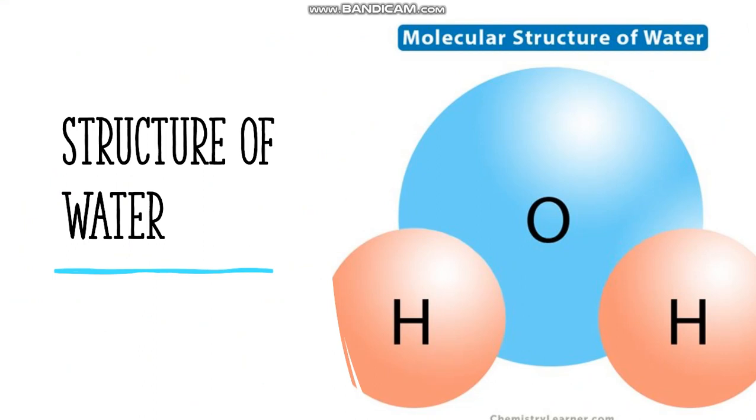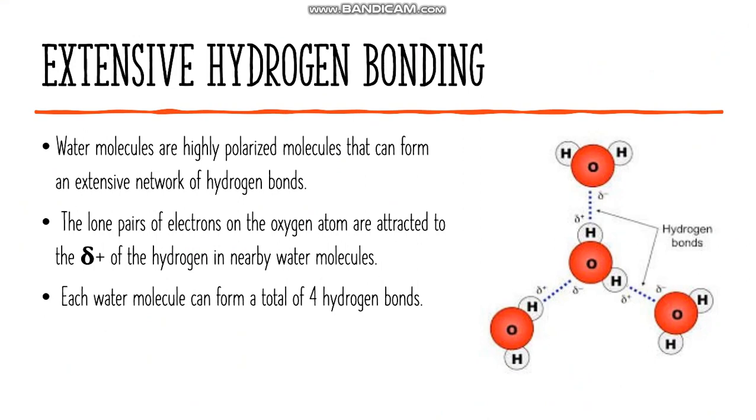Okay, structure of water: we already discussed that water is a simple molecule consisting of one oxygen atom bonded to two hydrogen atoms. In it, oxygen is more electronegative and hydrogen is electropositive here. And extensive hydrogen bonding: water molecules are highly polarized molecules that are able to form an extensive network of hydrogen bonding. What happens is that